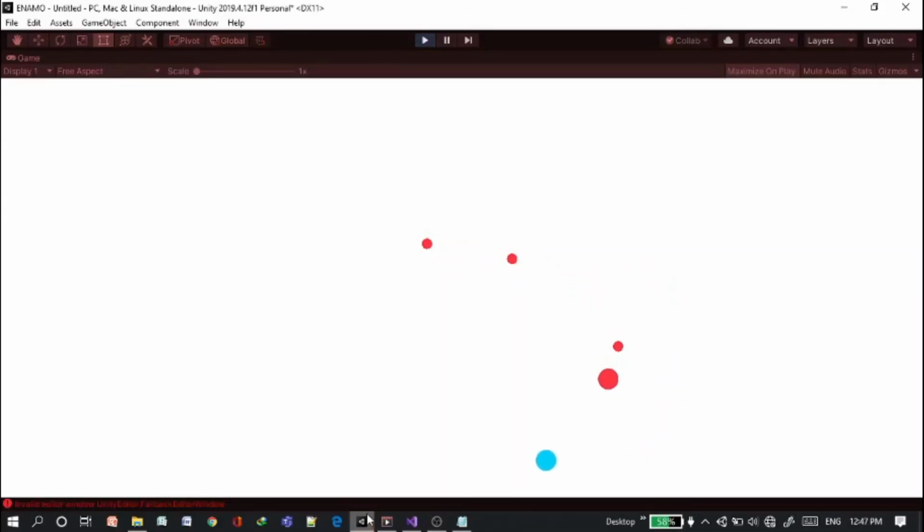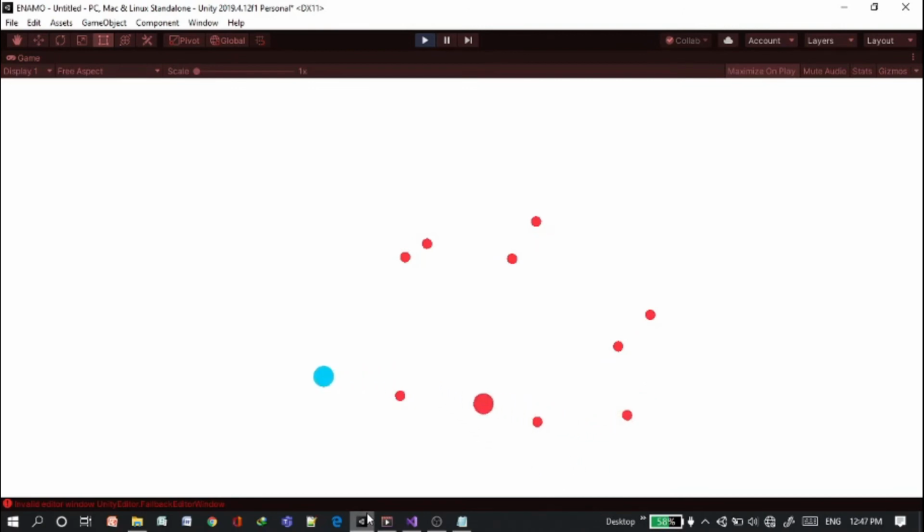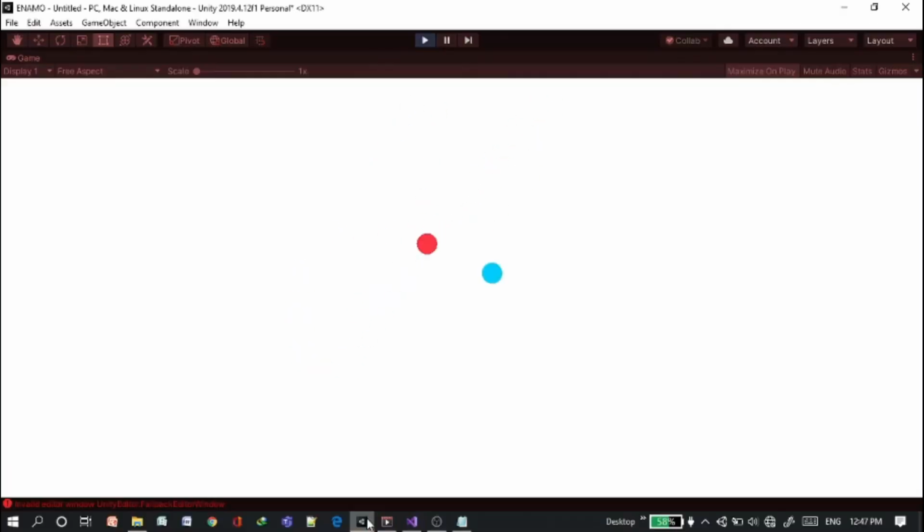And as you can see in here, now we have a shooting system, but the enemy is not able to shoot the projectiles at the player. Instead, he is just leaving the bullets down on the ground. So to make the enemy shoot the projectiles at the player, instead of leaving them on the ground, let's